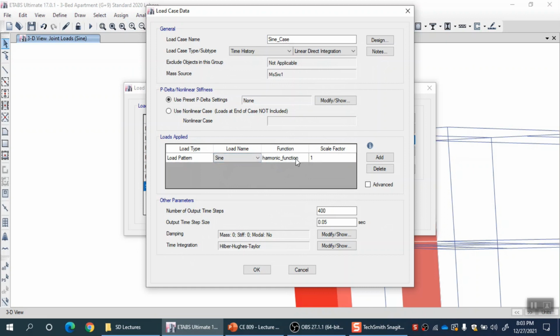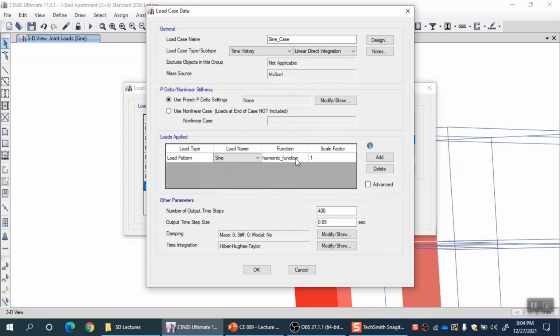The question is that we applied just one point load at one particular node. If we want to make many loads as dynamic loads, and let us say their variation is all same, then we can add other point loads in the same pattern, and then that pattern can be just selected here, multiplied by one function. So all the loading in that pattern will be multiplied by that function, right.